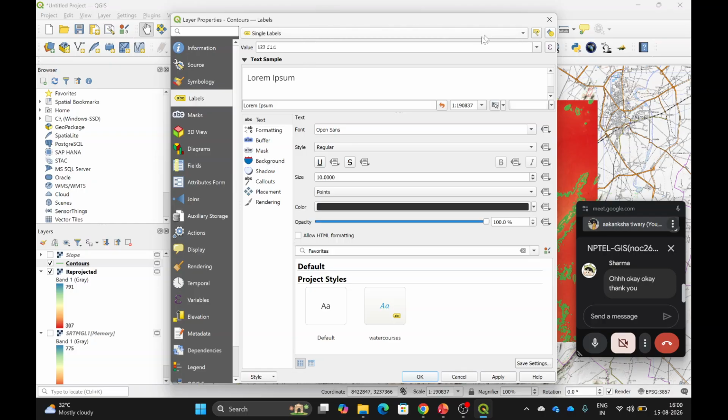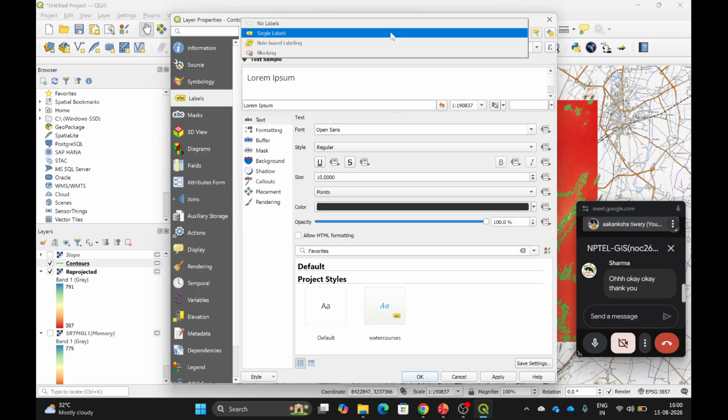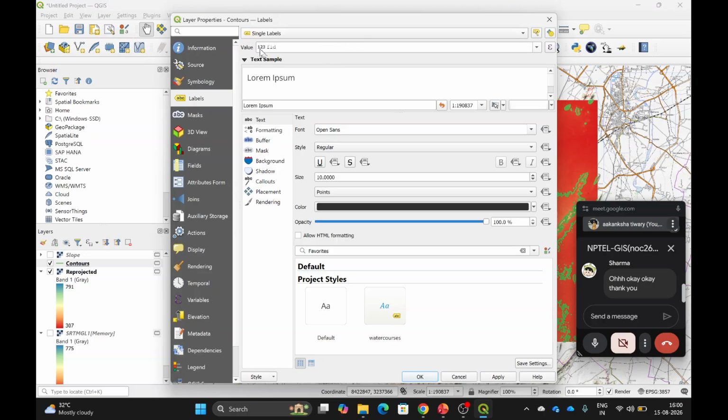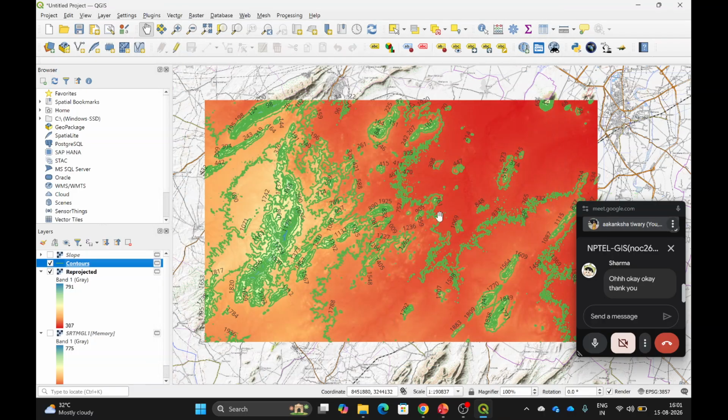Now once you select single labels here, you can see the value. If value is FID, so this is ID. So if I add this, you can see these are the numbers that are appearing, and your elevation range is starting from 300 to 700, 800. So now you can see these values are not the elevation values, these are the ID that has been assigned to these lines. Okay, so always when you are adding